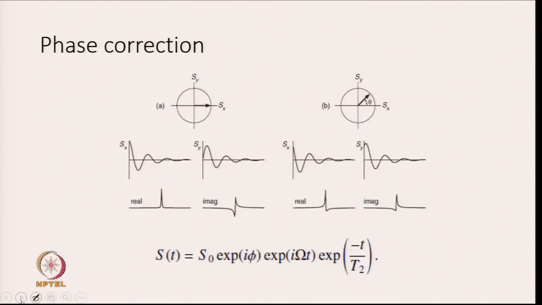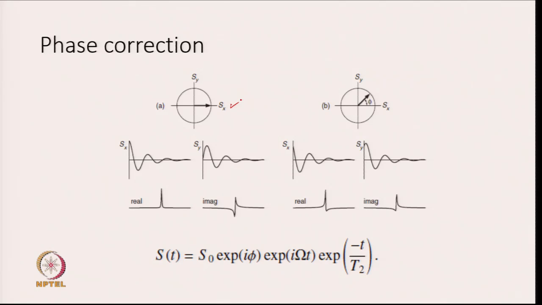Now, let us go to how to process the NMR data. It is very important, and again because this is related to enhancing the signal and resolution. So, after you get your FID, you need to process the data before doing Fourier transformation. So, what you can do is, for example, we are trying to look at the signal either in x direction or y direction. Suppose we are looking at x direction.